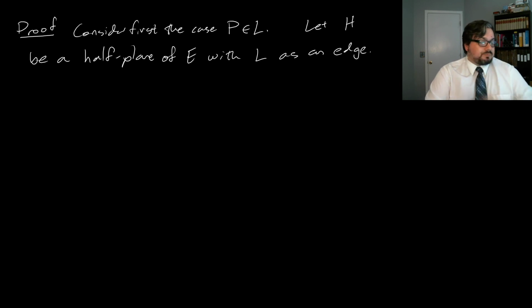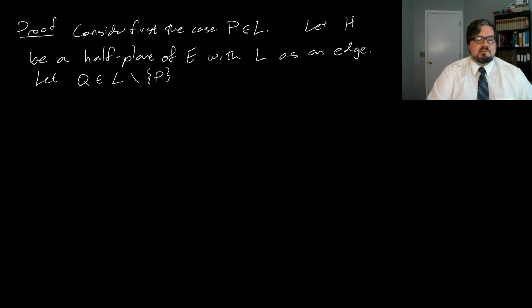Now, let's let Q be an element of L other than P. So we know that there exists a ray PR with R in the half plane H